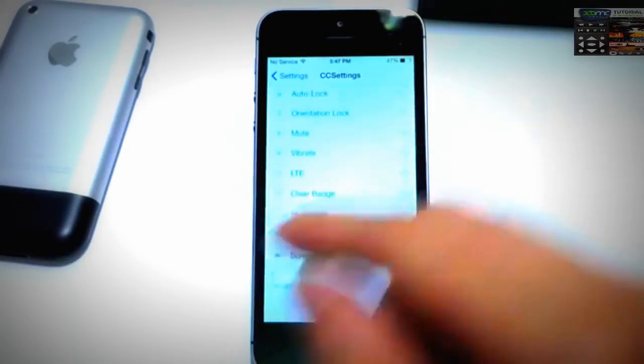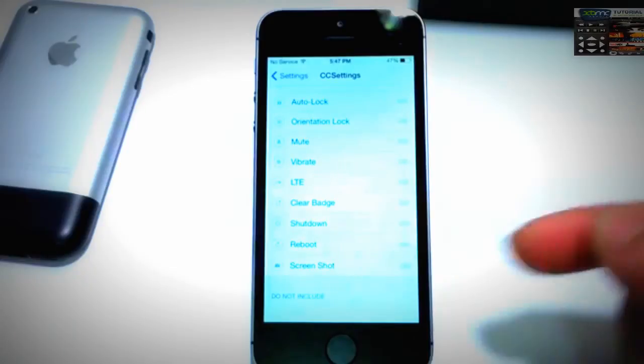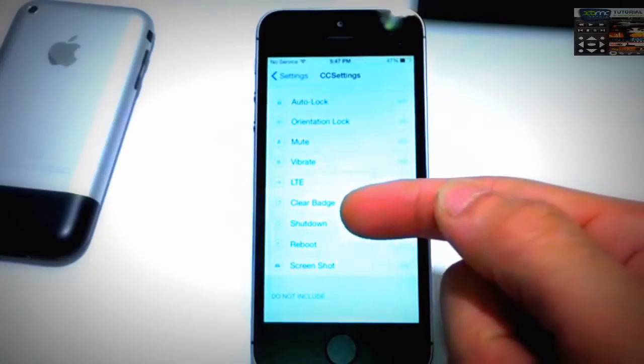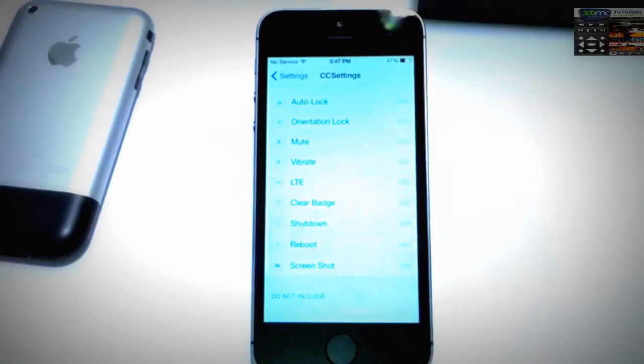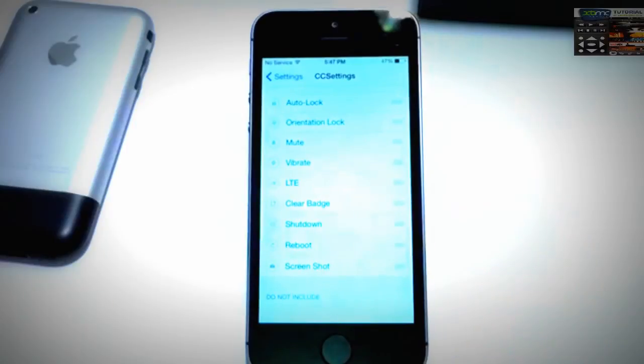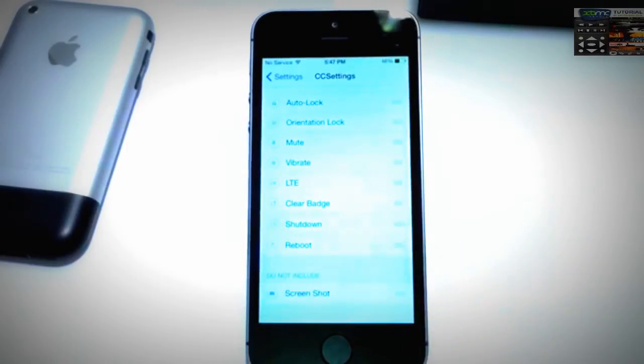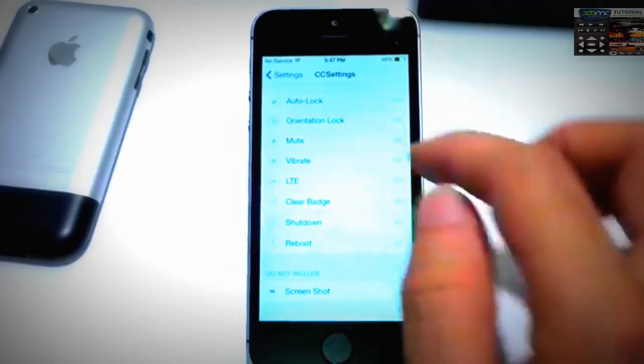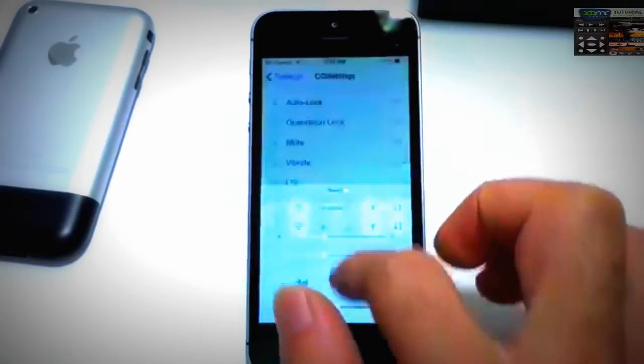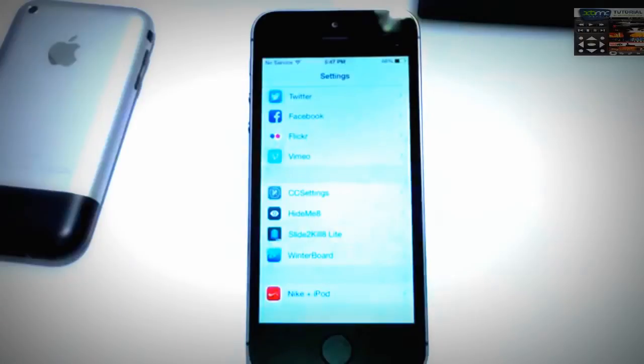CC Settings. You have tons of settings that you can adjust. Again, screenshot, reboot, shutdown, clear badges, LTE. I mean, the list goes on and on. Now, if there's any toggle that you do not wish to use, you can go ahead and drag it to the bottom here to the do not include list, and it won't show on your actual list here in Control Center, so you can go ahead and do that as well. So CC Settings, I really do enjoy this tweak, and I recommend you guys go ahead and check it out